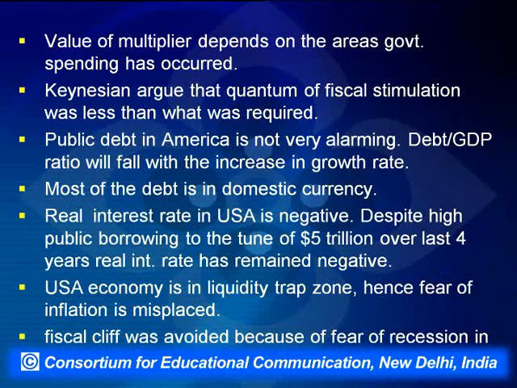They argue that the government debt level in USA has gone up so very high that it is sitting on a volcano. The interest rate will go up, and inflation in America will also go up. That is one of the reasons. Because of this fear, people started putting their money into gold, and gold has risen so very high during the last few years. But the counter argument given by Keynesians is that the value of the multiplier depends on the areas